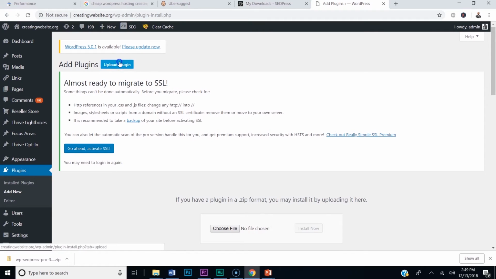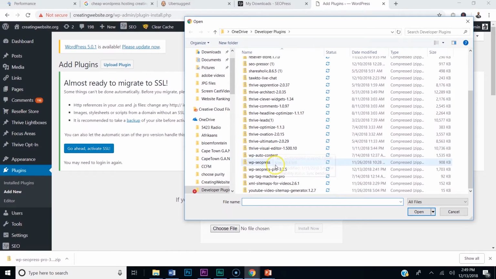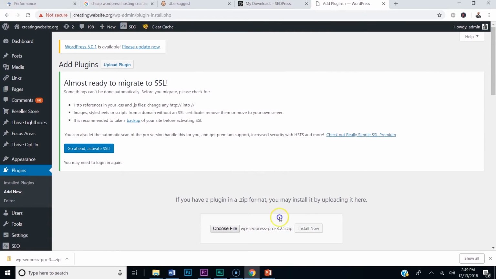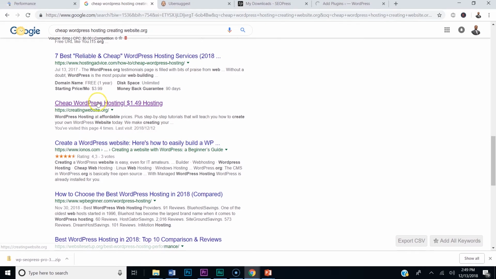Okay, and you're going to go to upload plugin, choose file, and then find the SEO Press Pro. Double click that. Hit install now. Okay, and this is the plugin that's going to give you control over what goes here and what goes in your meta description. You want this to be as attractive as possible because this is what pops up in Google